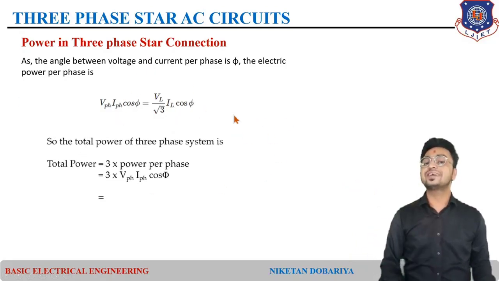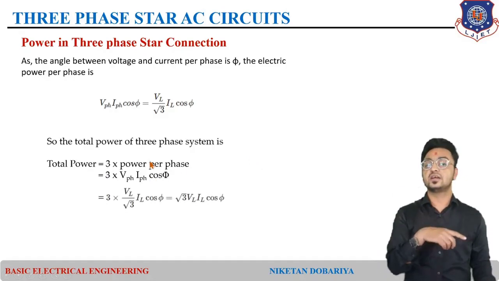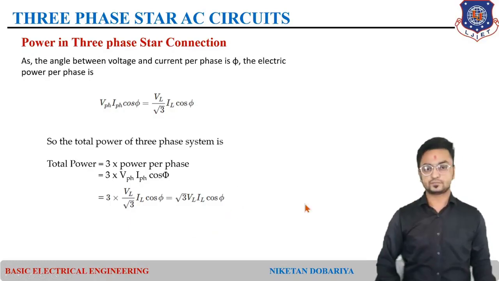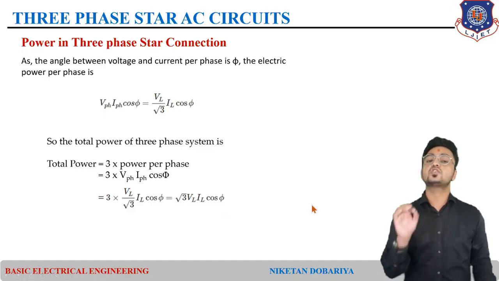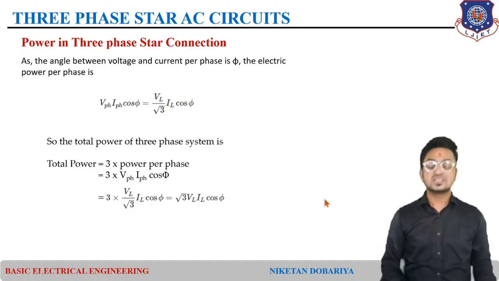This is for a single phase circuit, but now we have 3 circuits in 3 phase. So we can multiply this power by 3, as we have 3 circuits. So that is going to be 3 into power per phase, and this is the one phase power here. If you put these values here, the 3 and root 3 will cancel each other out. So we will get the equation of power as root 3 VL IL cos phi. So this is the equation of power in a three-phase circuit when we use star connection.